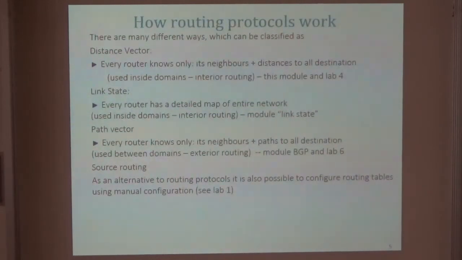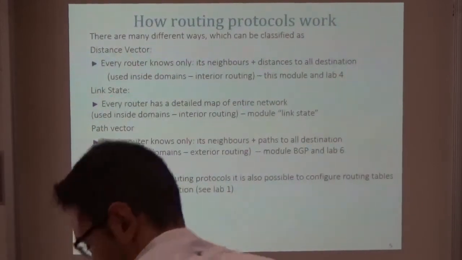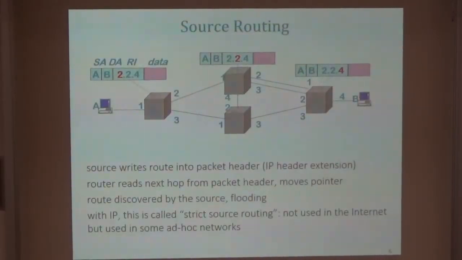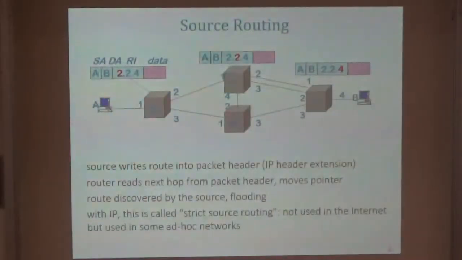Path vector is a variant of this that we will see when we use BGP. And source routing we will discuss after the break, I think. So we do a break and resume. Just mention source routing. Source routing is a very, very old routing method